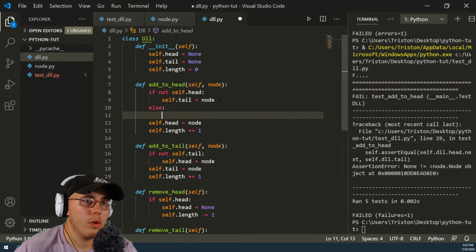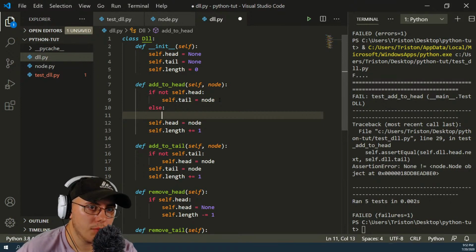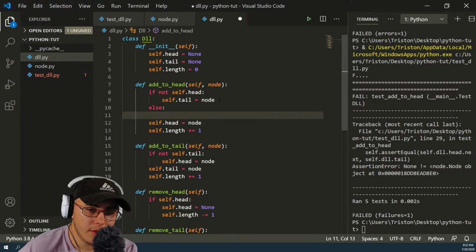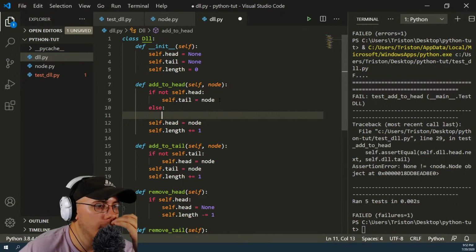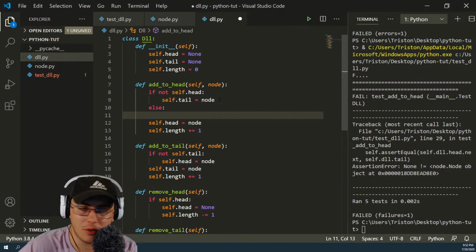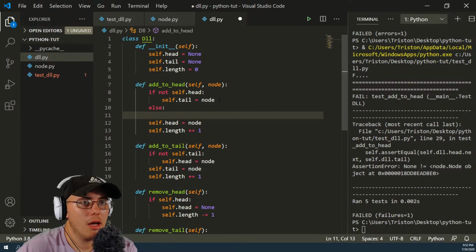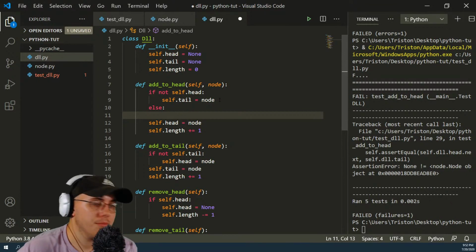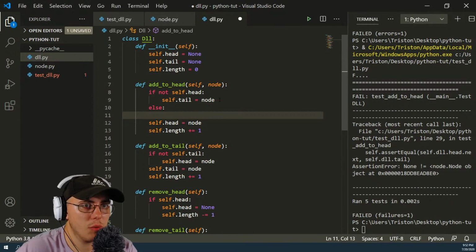So what we're wanting to do is the current head's next prev is supposed to be assigned to the current head, and the current head's next needs to be assigned to the node's next. Okay, so here I'll write it and then I'll explain it. It'd be easier for you to see it while I explain it. So if there is already a head, it means there's a tail. Then we will say